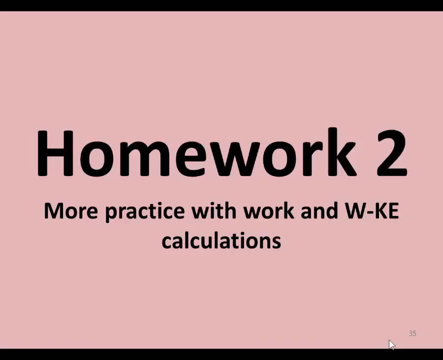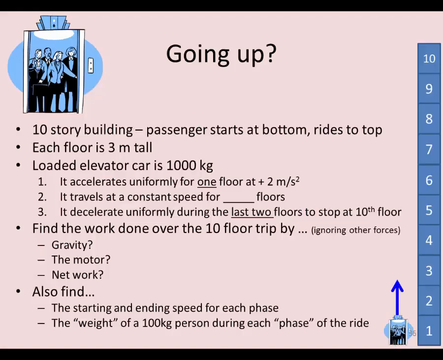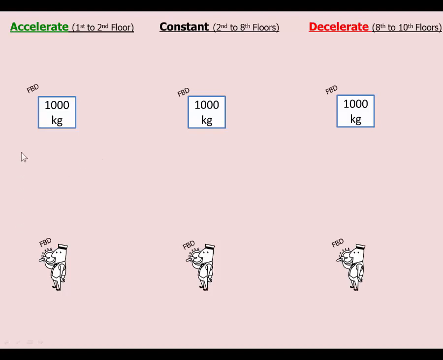Now, the next part of the homework is for you to work on a similar example with an elevator. And please carefully read the scenario here. You have to make sure you're not subtracting numbers incorrectly to get floor differences. Each floor is 3 meters tall, and you have to read that carefully and figure things out. I provide a slide for you to work out free body diagrams for the elevator car moving up. And as a little aside, I also ask you to take a look at somebody standing in the elevator, like this elevator operator,